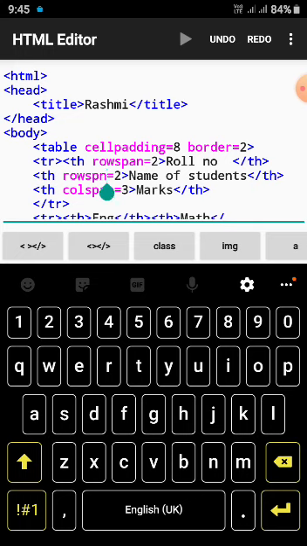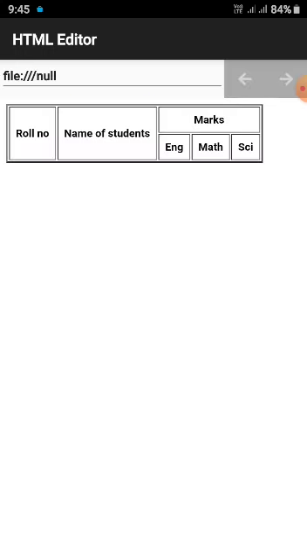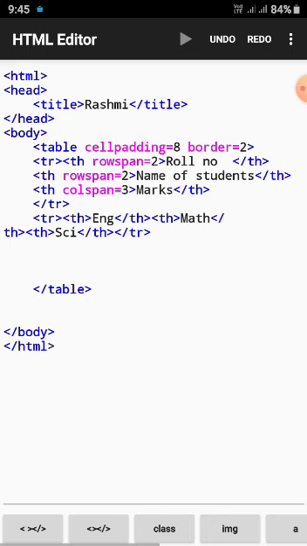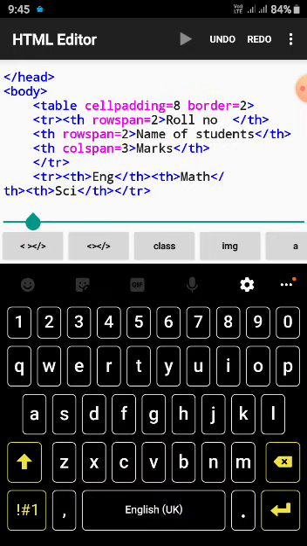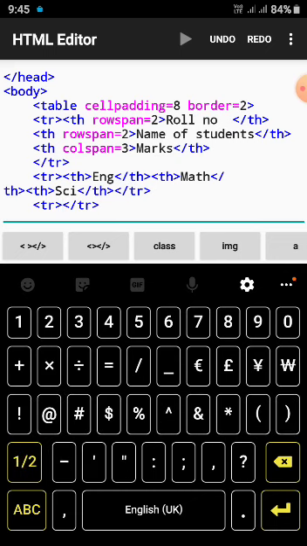So SPAN. Okay. So now check. Is it perfect? 100% perfect. Now let's add some data, then you will be able to understand. Okay, so I am just pasting whatever I copied. So what do I have to do here, TR, and here TR, and what do I have to make here? What is the first data I need to put, students?